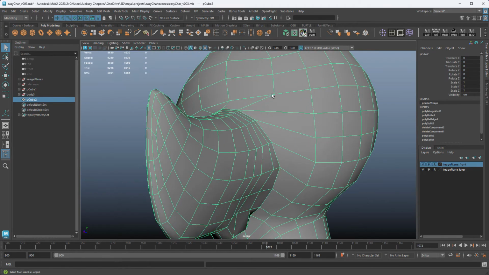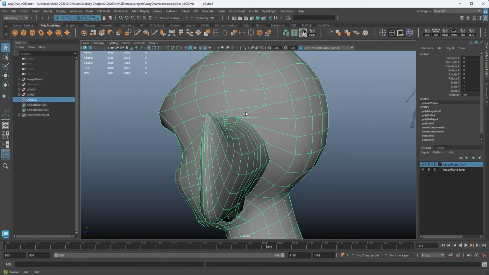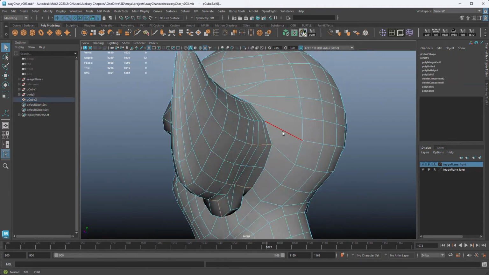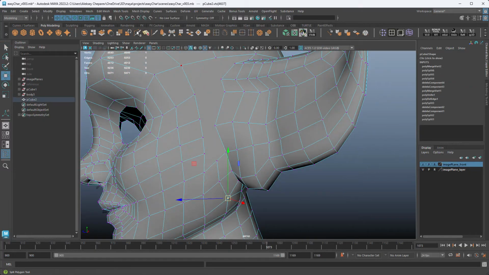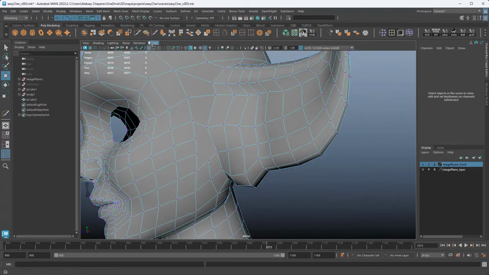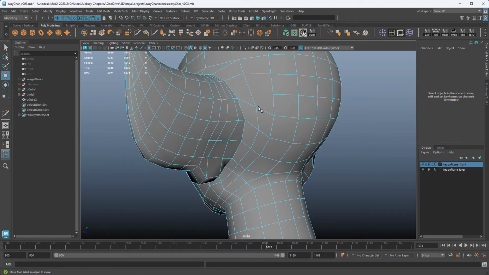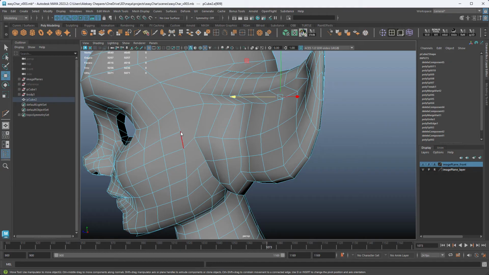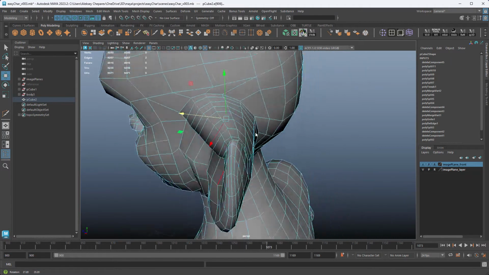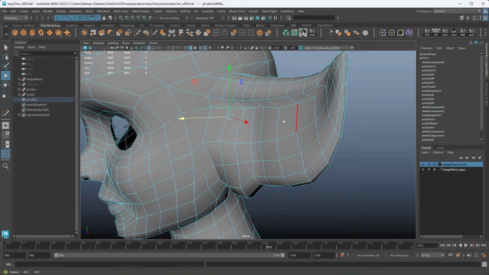And what we have to do now is just redraw some of these loops. Now, because this is a closed object, that means if I have an edge here and then I have an edge here, I can connect them together. And I just need to find on either side where they go.